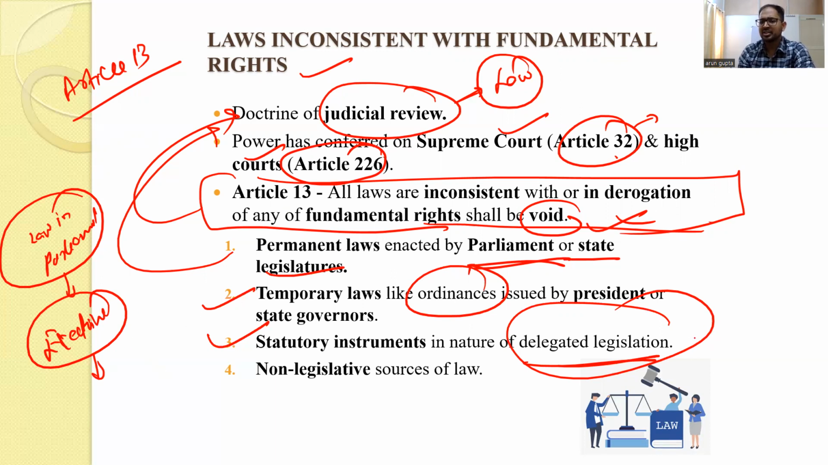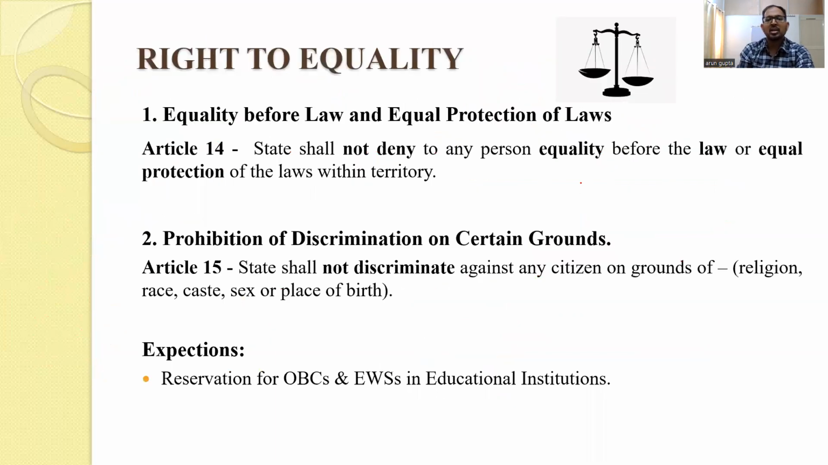So any delegated legislation that is violative of fundamental rights can also be reviewed by the judiciary, and any other kind of law, even a customary law, can be challenged as violative of fundamental rights. This is stated in Article 13. There is also the doctrine of eclipse, and we will be talking about that again in the fundamental rights advanced chapter. Then first is the right to equality,